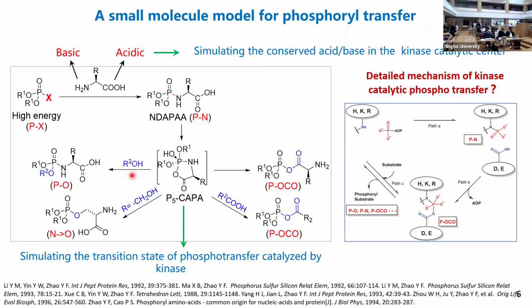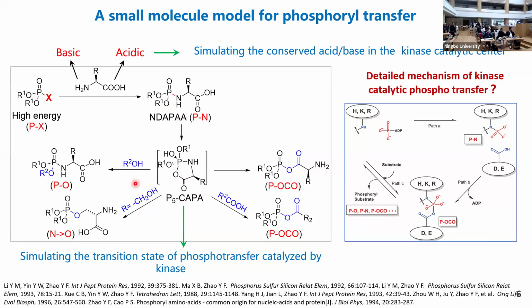And actually, when the alpha amino group of an amino acid is phosphorylated, it will undergo a very magic five-membered intermediate. And this intermediate is very active and